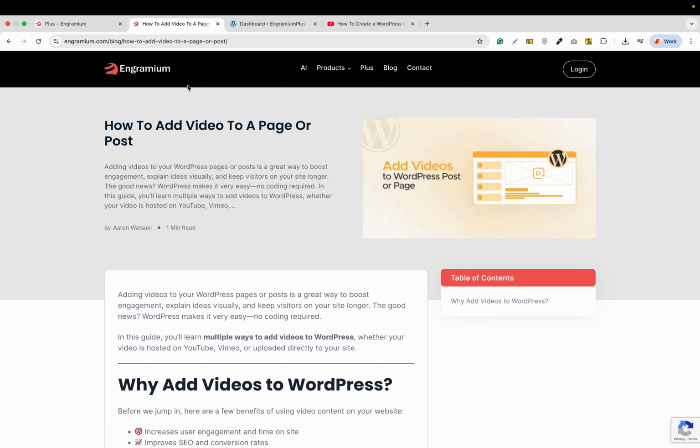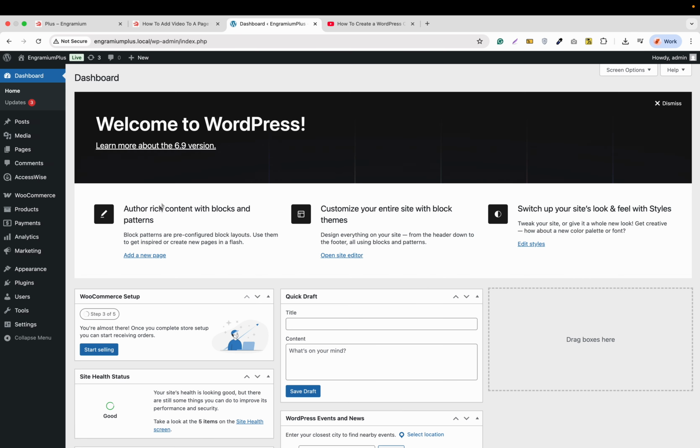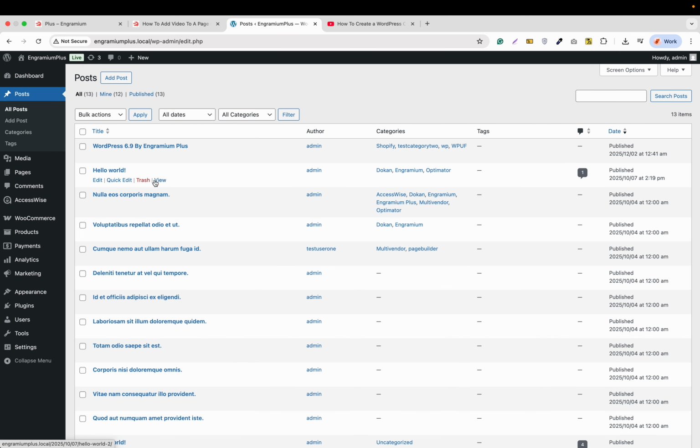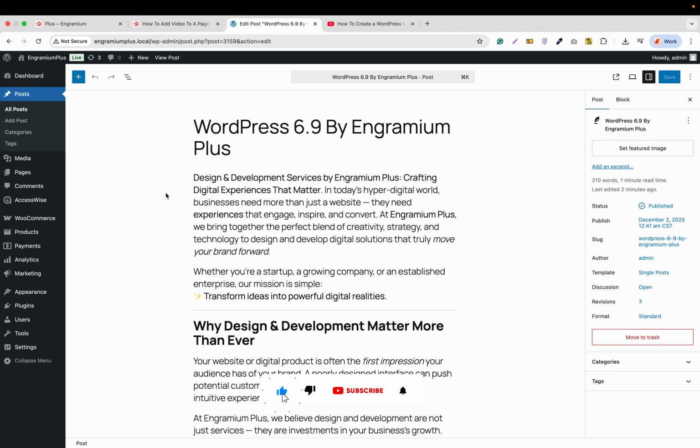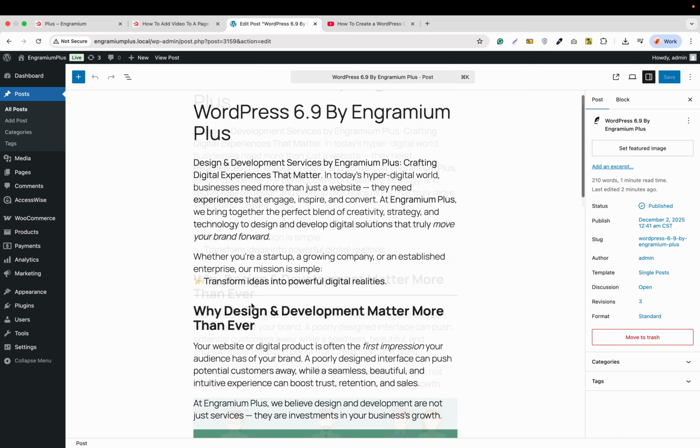To get started, first go to your WordPress dashboard, open the post or page where you would like to add the video. From the sidebar, go to Posts, All Posts, and then find your post and click Edit. If you want to add a video to your page instead, you can go to Pages, All Pages, and do the same thing. Once you are in the block editor, click the area where you want the video to appear